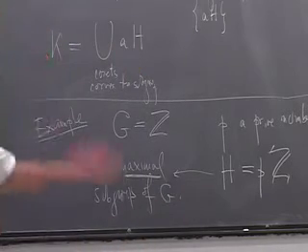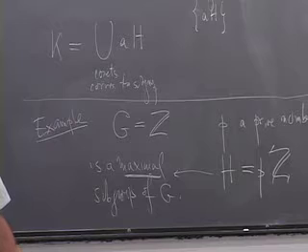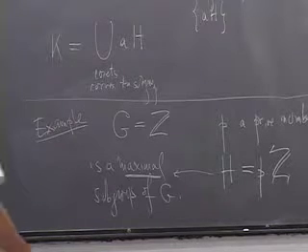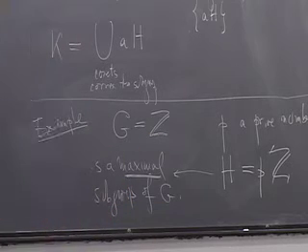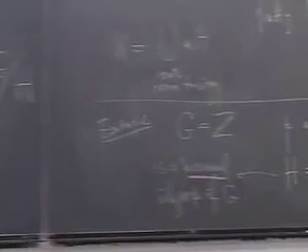Maximal meaning anything larger than it is the entire group. You can't get any bigger. Okay? So that's some kind of way we're going to use this quotient theorem. We're going to use it to pick out, you get a wonderful thing from this picture, namely any subgroup